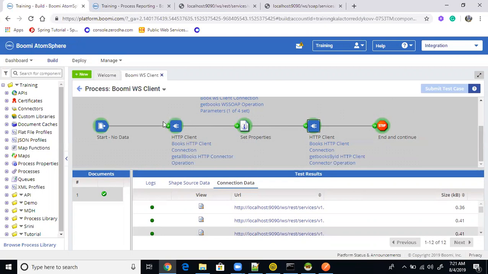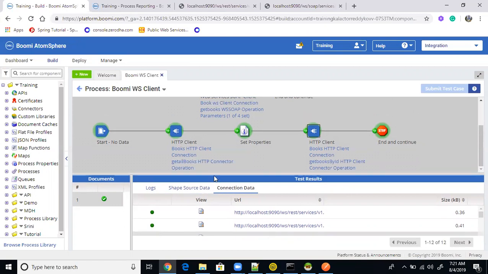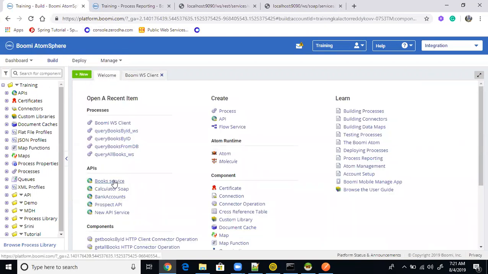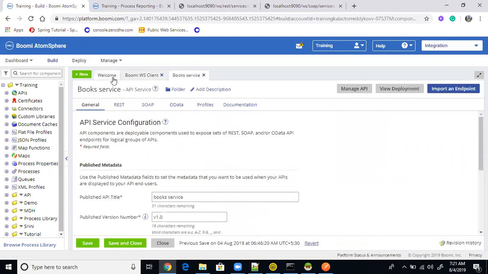Right. So the first one is invoking the REST service, meaning that is the listener. The second one, we are triggering the same, right? The same we are using, but we are passing a different ID in the URL parameter. There is a difference. We are invoking a service here, so this becomes a client. This is not a listener. The listener would be this one. The book service is a listener. Once you trigger a service here,